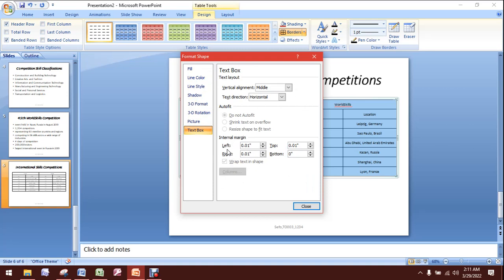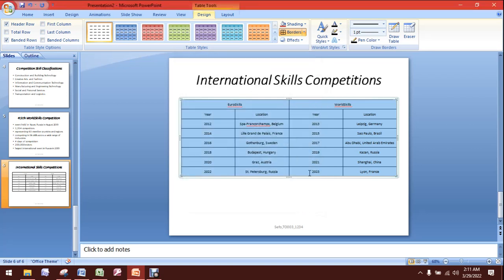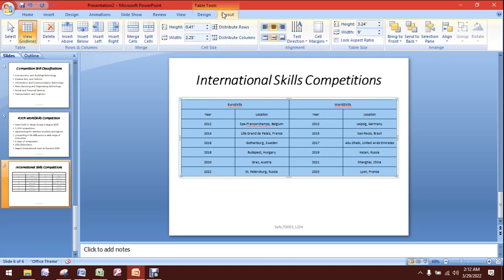Right, internal margin left is this. 1.5 centimeter high. Okay, the rows are 1.5 centimeter high. Right, so what you do is just type in, because this is in inches, just write in the